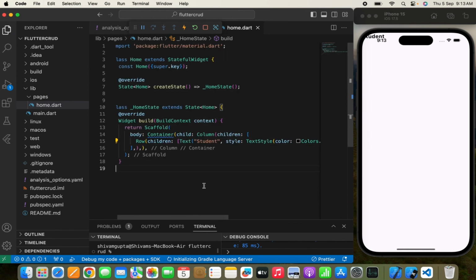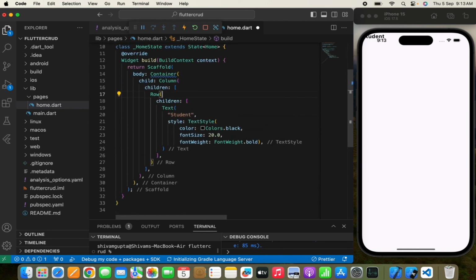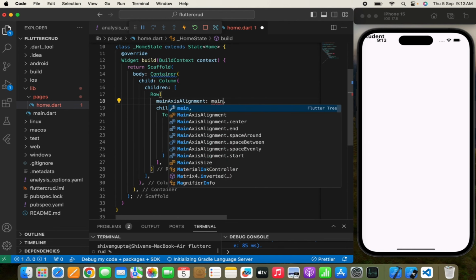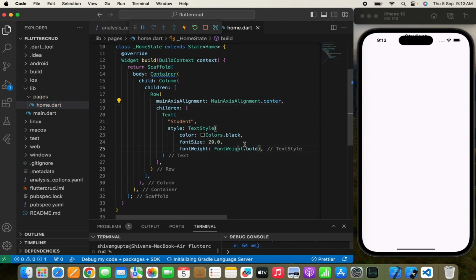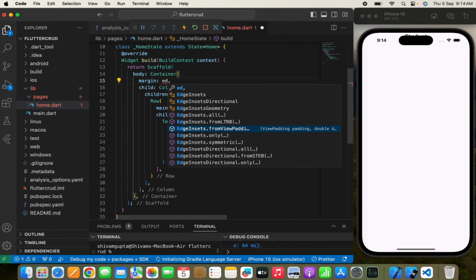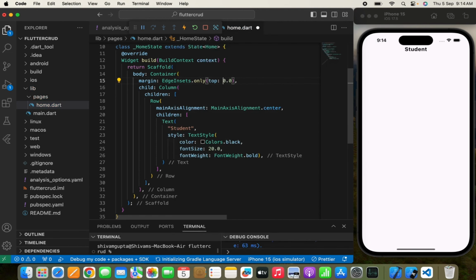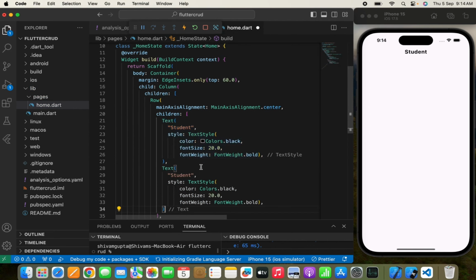So here you can see Student. Now we can simply center this with MainAxisAlignment.center, and we can simply pass a margin so that we can see the header of this page. We'll pass a margin from the top of 50.0, maybe we can do up to 60, and then we can copy this Text widget again, paste it over here, and simply write Student